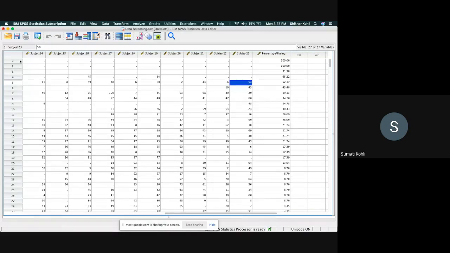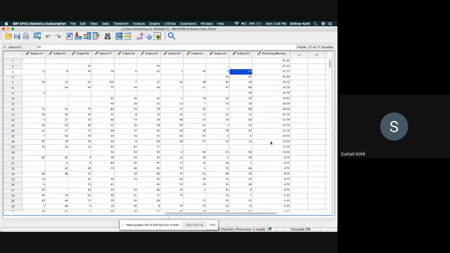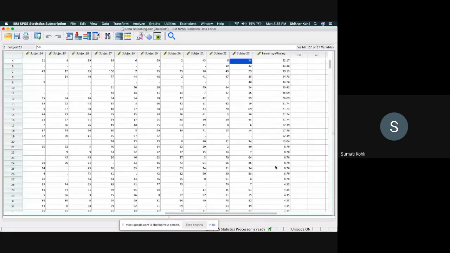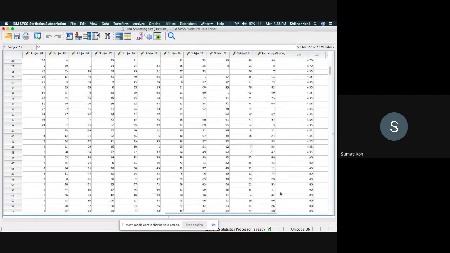Absolutely correct. So what we are going to do now is, see, this one has 100% data missing, so this will all be deleted; the 91% one will also be deleted, right? So where are we going to delete it till? We are going to delete it till here, the last 8.70, because after this, only 4% of the data is missing for the rest of the people, right? So 4% is here, after that 0%.